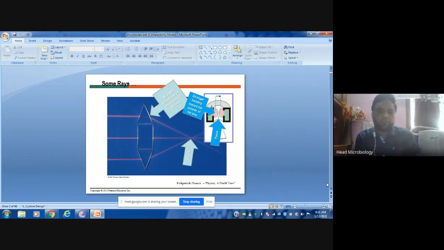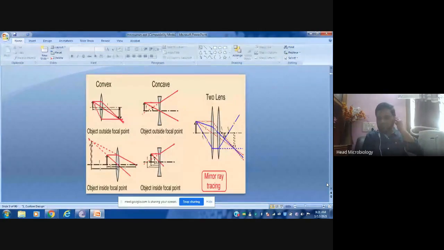And you must have done it with your candle experiments. That's very good. But this is very easy. This is the thing that we practice. Something is for academics. Something is required for our learning also. This is for your learning. And these are ray diagrams. This will help you to understand the microscope very easily.